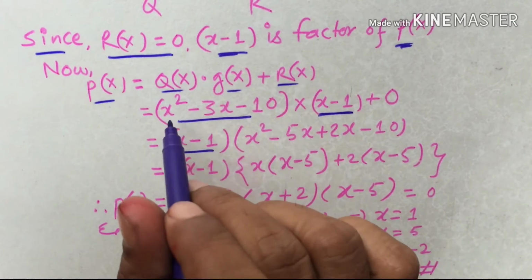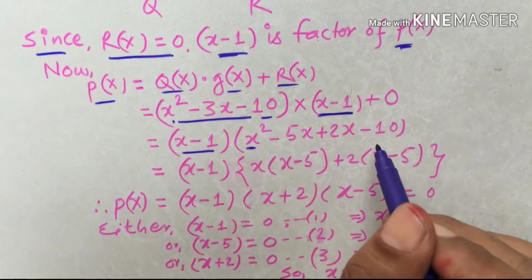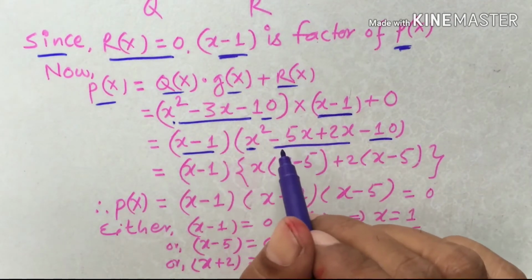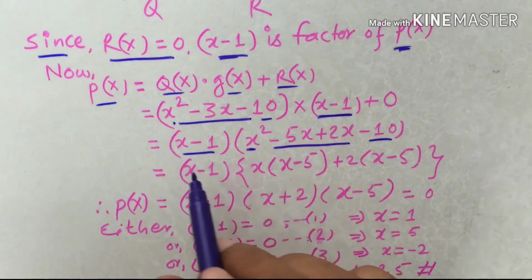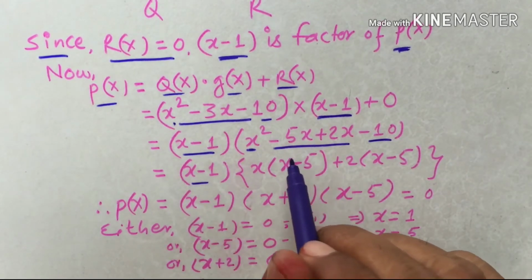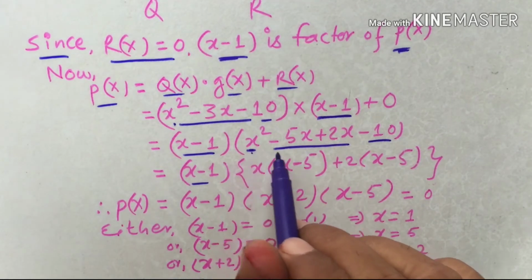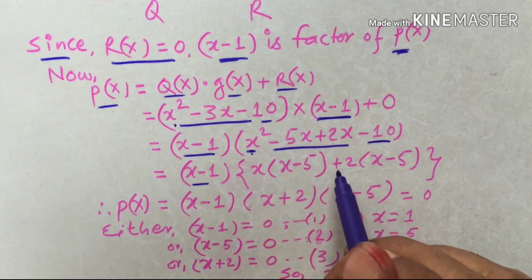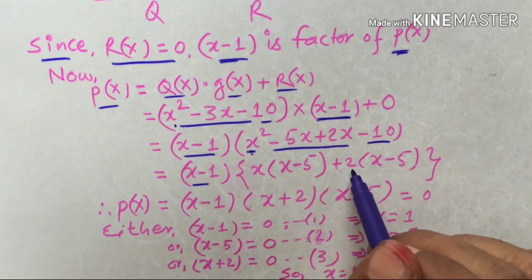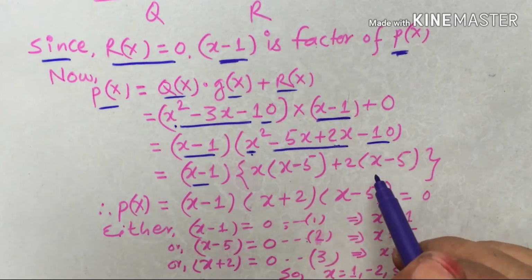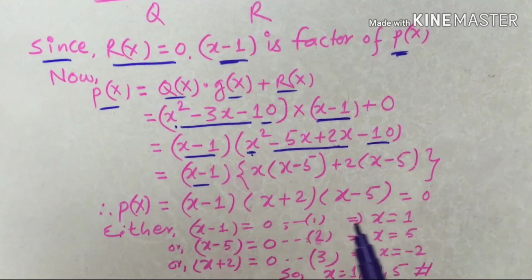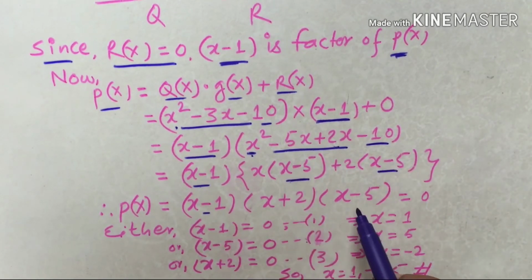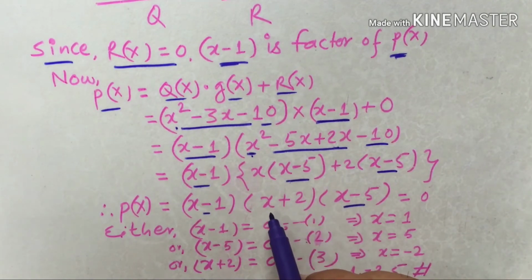If we factorize, x squared is x squared, minus 10 is minus 10 here, but minus 3x is minus 5x plus 2x. Minus 5x plus 2x. Here, this term is same, but in this term you can see that between x squared and 5x, x is common, so x times x minus 5 plus 2, and here 2 is common between 2x and 10, so 2 times x minus 5. Then x minus 5 and x minus 5 are taken as common, and x plus 2 is common here.